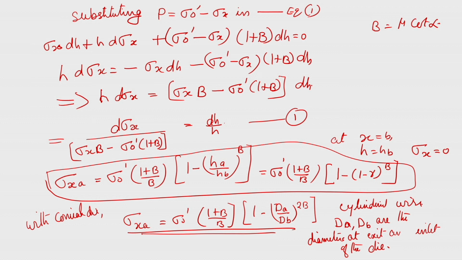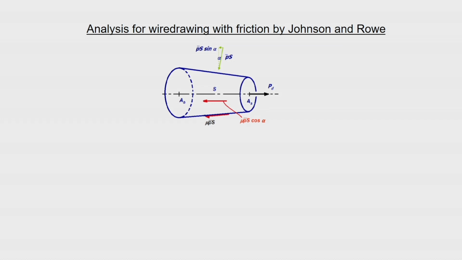Now, there is another method for wire drawing, the stresses necessary for the wire drawing operation, which was proposed by Johnson and Rowe. Okay. So, let us look at that. Here, this is the deformation zone, because it is a tapered cylindrical piece. This is assumed to be the deformation zone inside where the metal is really deformed. So, your initial cross sectional area AB is there and final cross sectional area A is there. Okay. And you are pulling this.